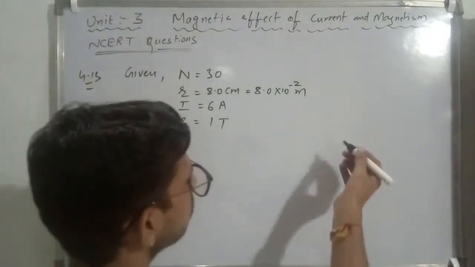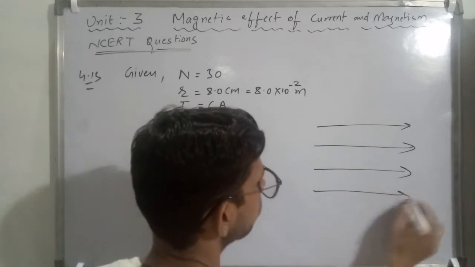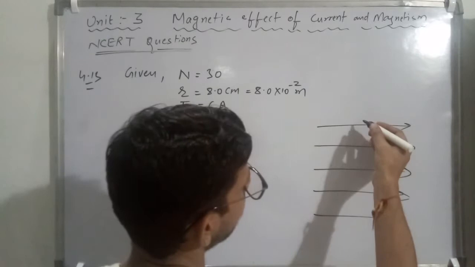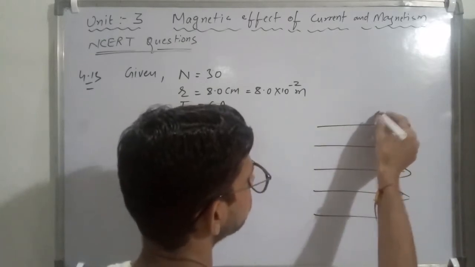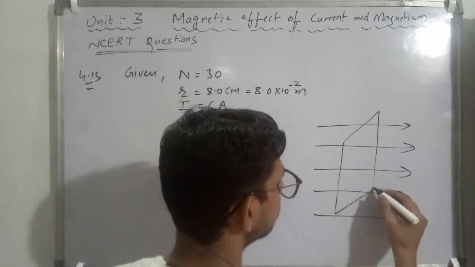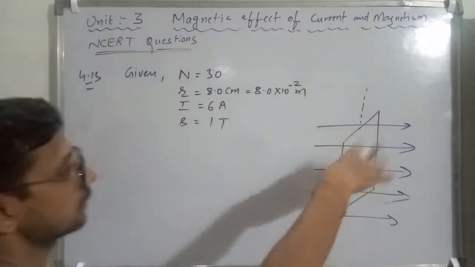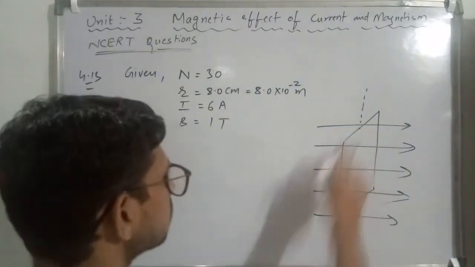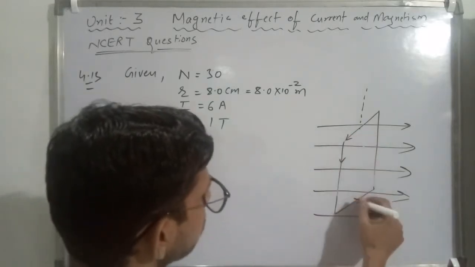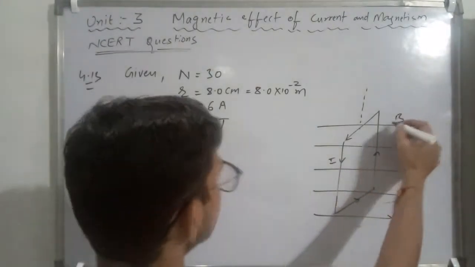Here the direction of the magnetic field is just like that. This is horizontal, all over this area, and the coil is suspended over here in a vertical plane, just like that, from a thread or a wire. This is a rectangular coil carrying current this way, in any direction. This is the magnetic field.